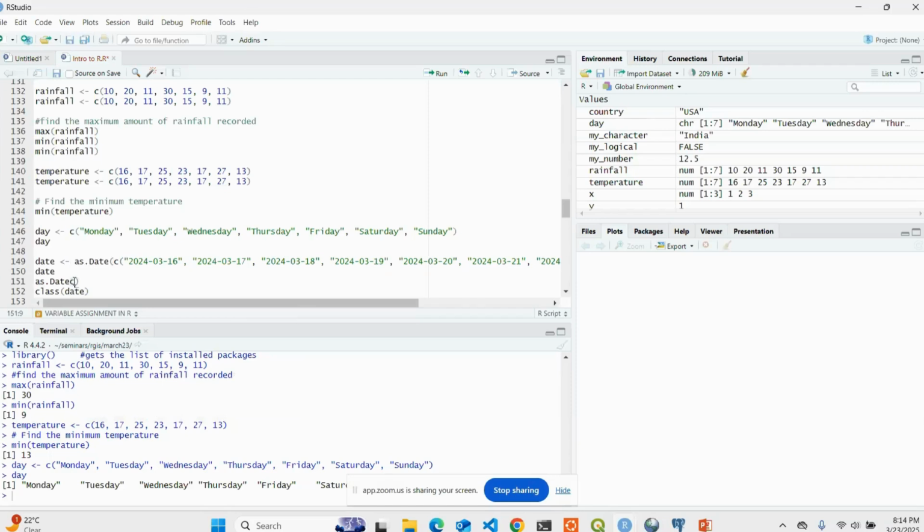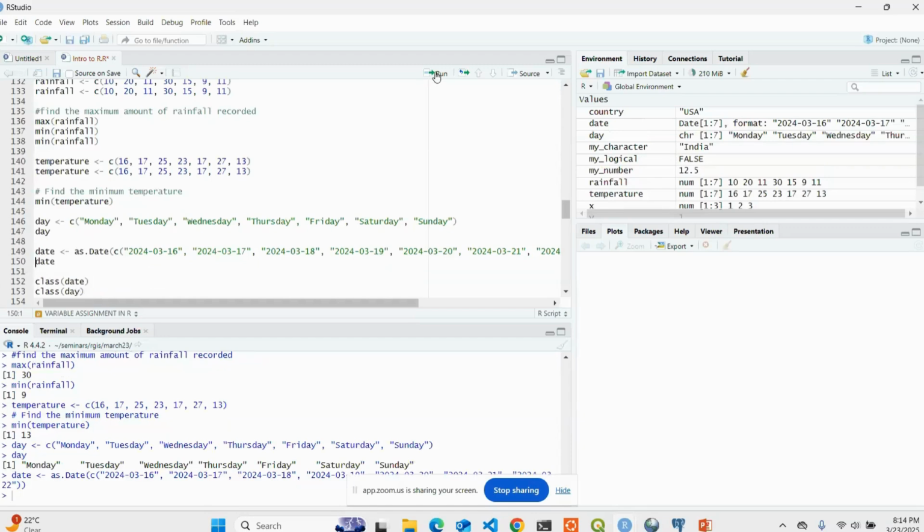Inside there, I put my dates as the values within this vector. That's what I'm doing on line number 149. So if I execute this and check the display,